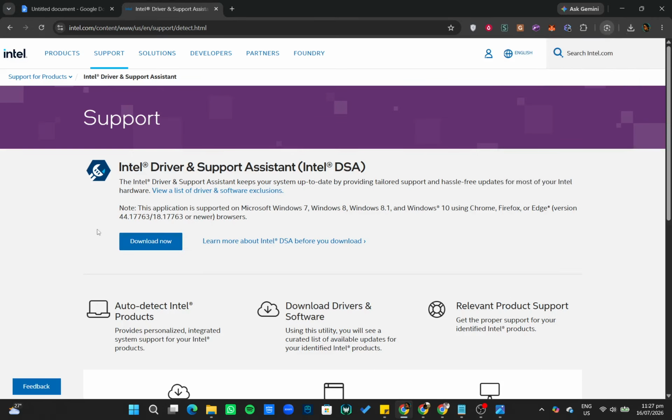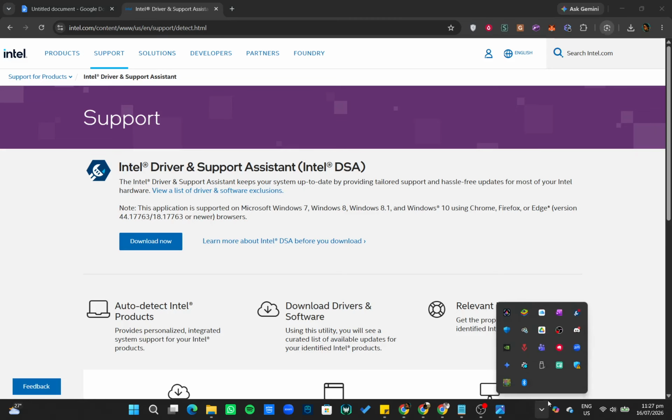Once that is done, open the Intel Driver and Support Assistant from the Start menu or your system tray. You can easily find it by typing Intel in the Start menu search bar. Clicking on the icon will launch the application. When it opens, you will see a user-friendly interface that provides various options. This tool is designed to streamline the process of checking for updates. By using this application, you ensure that your drivers are always up to date without having to search for them manually.